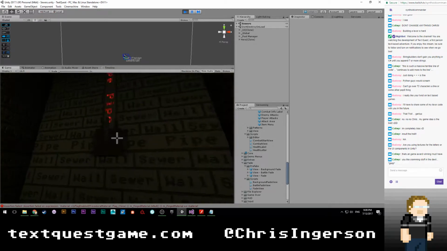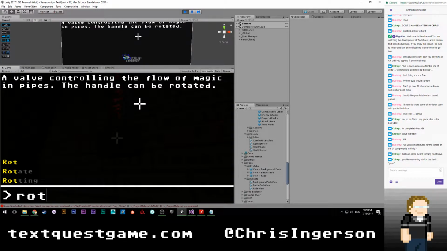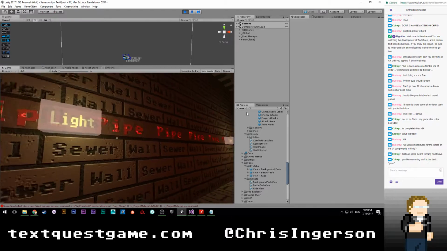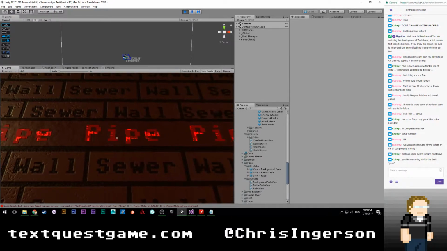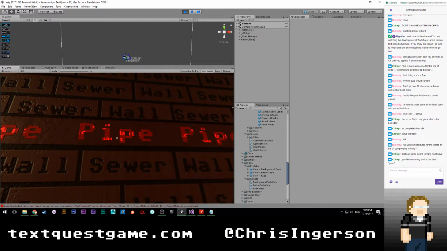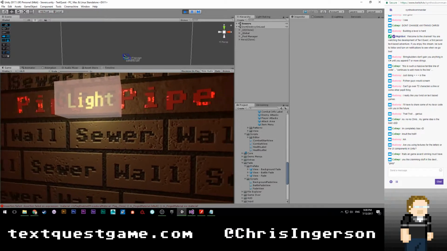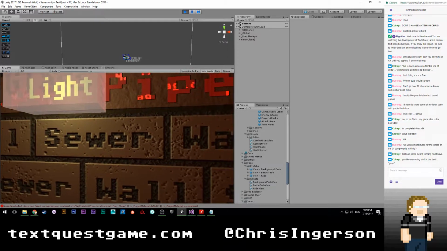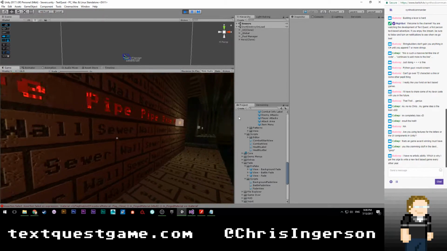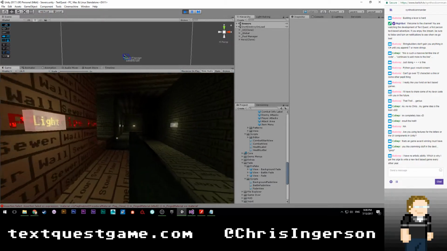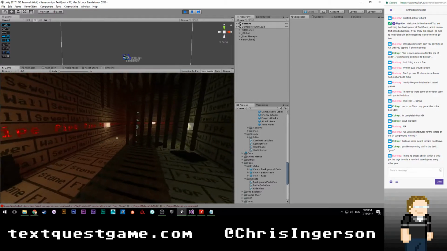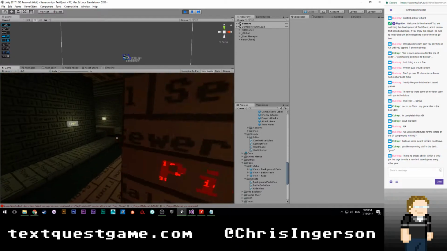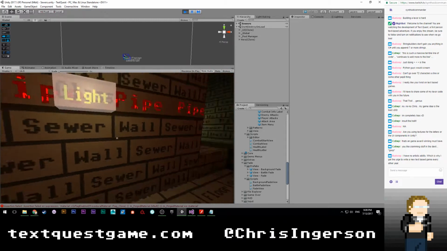And for a more easy to see example, if I rotate this, you'll see pipe has magic flowing through it, and it actually says magic and all that. And if we're closer to lights, you can see the imperfections, although it looks really pixelated right here.